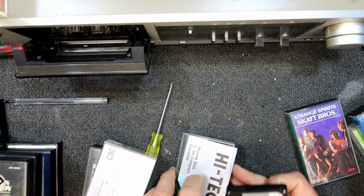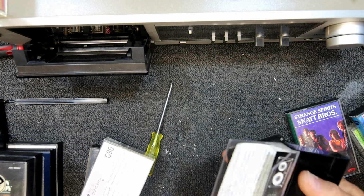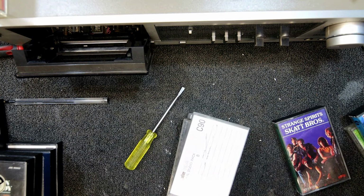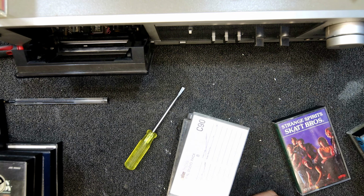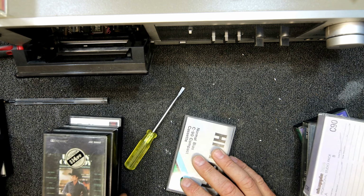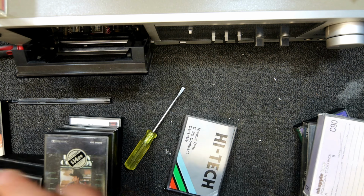And yeah, we've got a few. Why did I leave that one out of that? Oh, I took that out to see what a 90-minute looks like. So we've got 2, 4, 6, 8, 10, 12, 14, 16, 18, 20, 2, 4, 6,